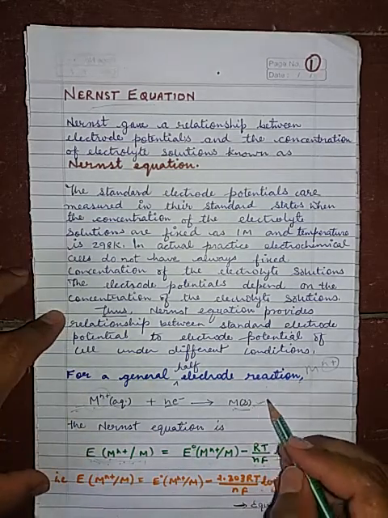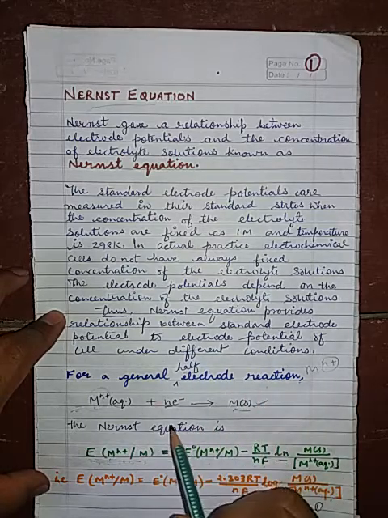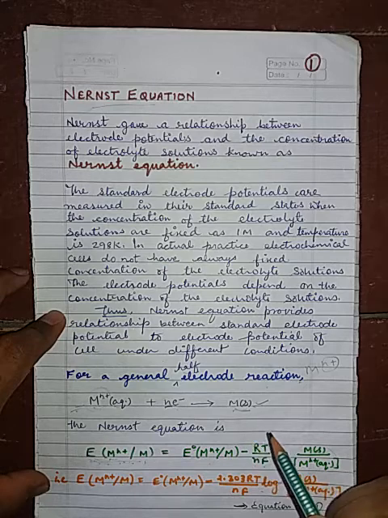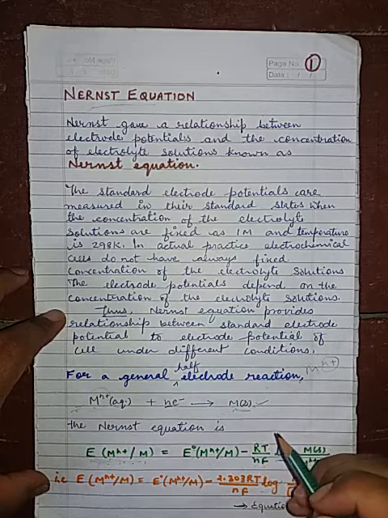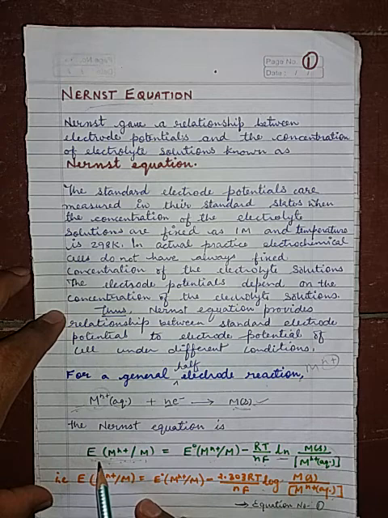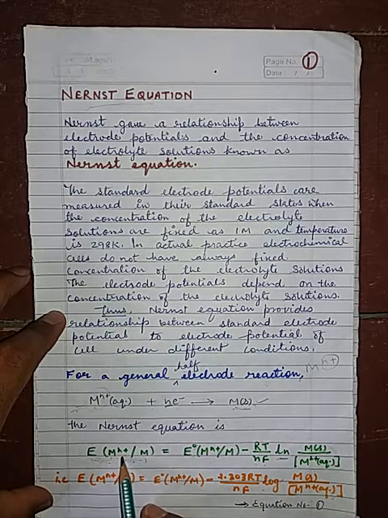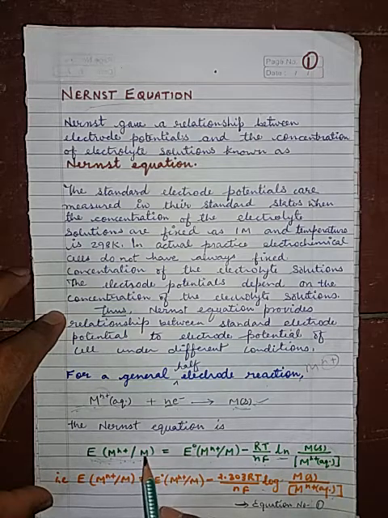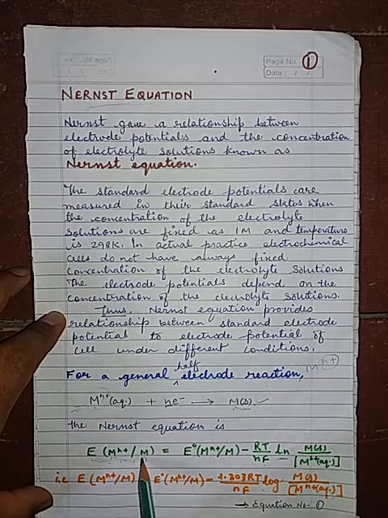And this reduction reaction is a half reaction. Why? Because a redox reaction has two parts, reduction as well as oxidation, and this first equation is given for the reduction half reaction only, meaning only half of the reaction is explained. For the half reaction, the Nernst equation will be written as M^n+ changing into M. Here the product should be written later and the reactant should be written first.